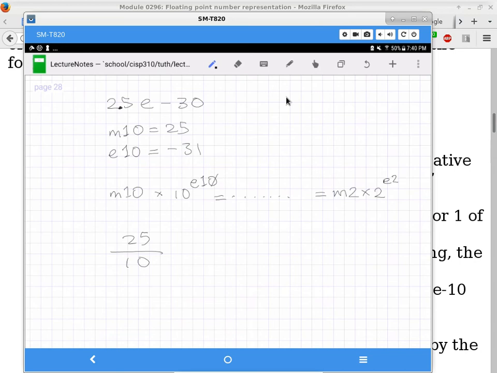That's not acceptable. Why is it not acceptable? You lose a lot of precision. How much are we talking about? 2.5 versus 2. 2.5 is the actual value, and 2 is what we ended up with. So the difference is 0.5. It's 0.5 out of 2.5, which means our accuracy is really poor. We lost 20% of the value, and that's right out of the gate too. That is not good.